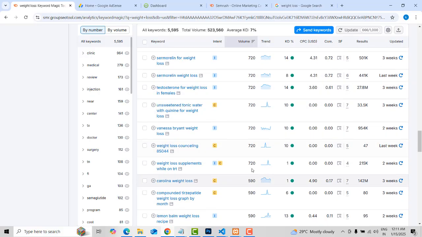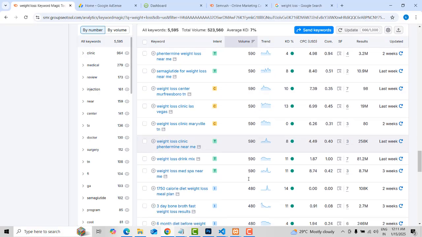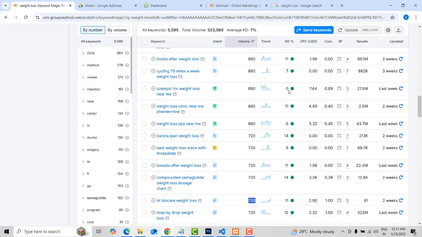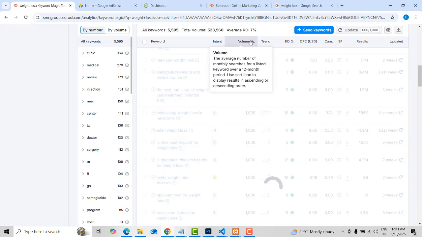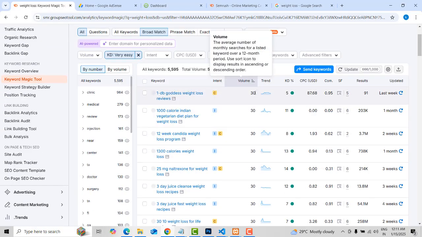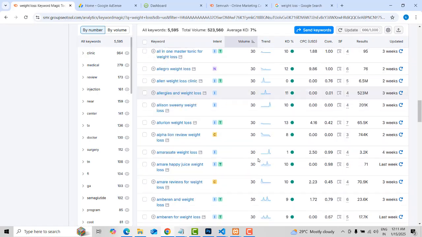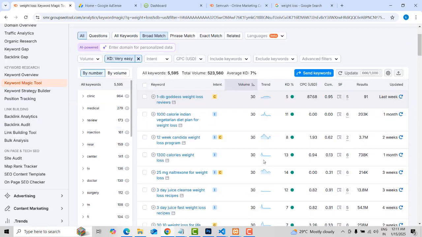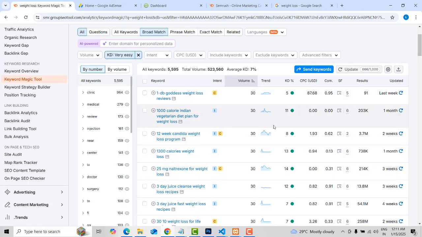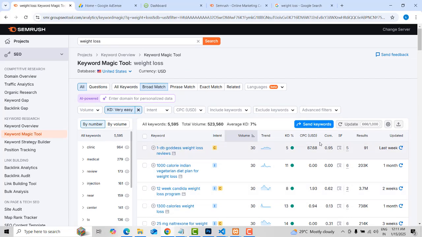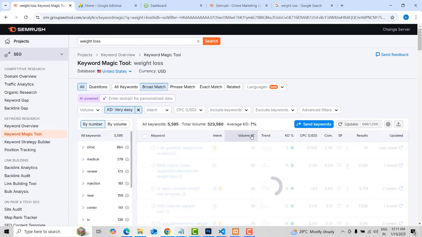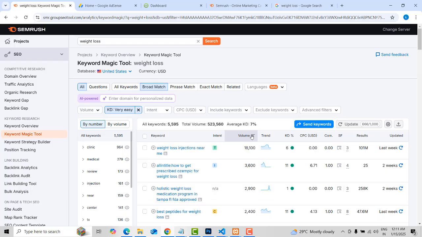You have to consider search volume as well. You can click on this volume column, and you can take off the low volume keywords here. You don't take these keywords either. You have to consider this. What I said is a must when you do keyword research. You can consider both.